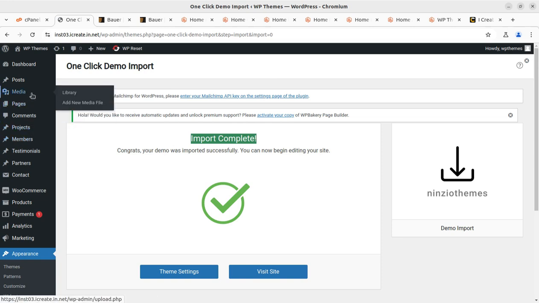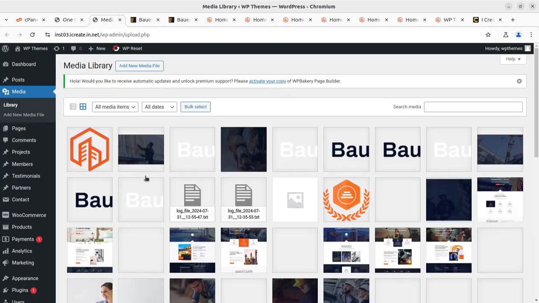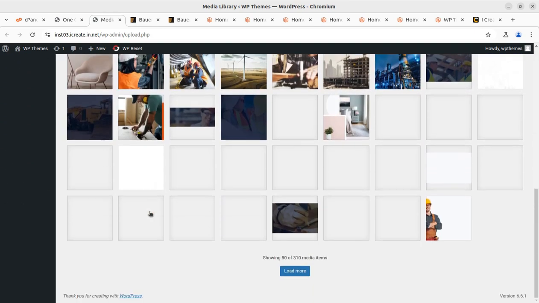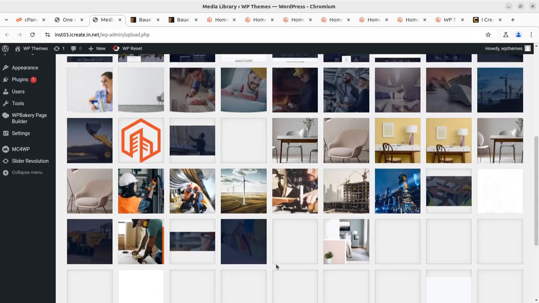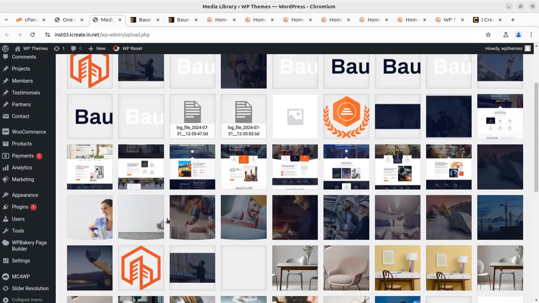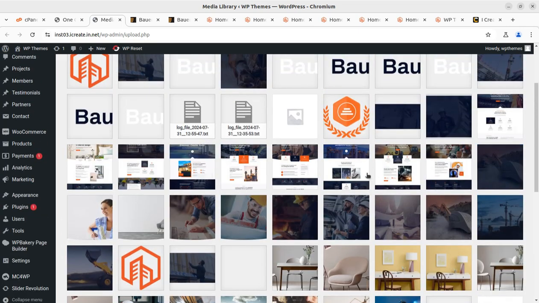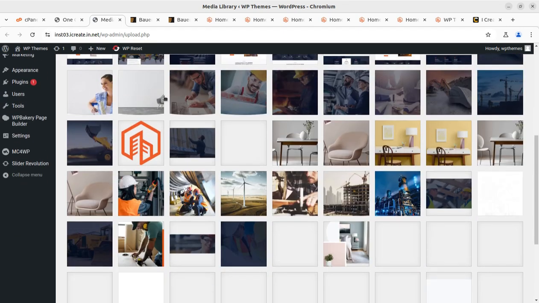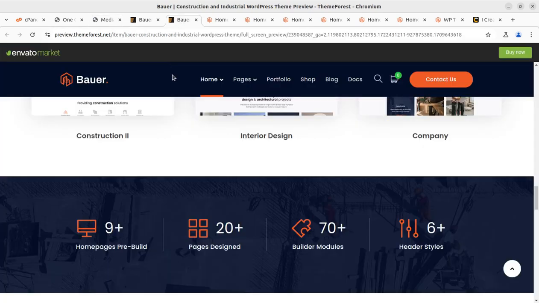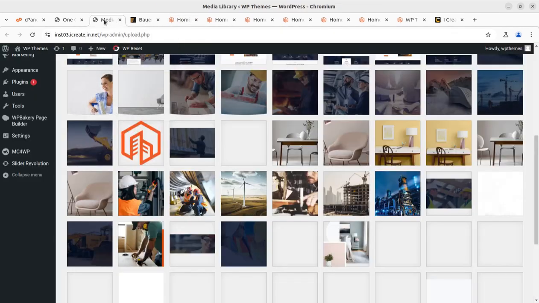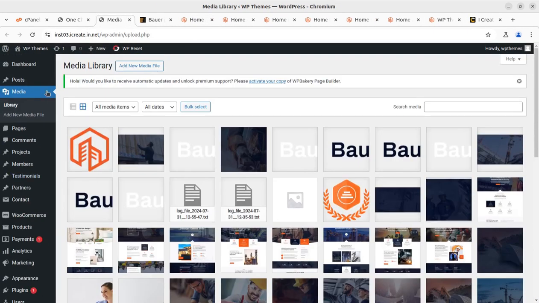First of all, I'll show you the media library. It took around 5 minutes to import the complete demo content, and I'll show you the steps as well. 310 media items were included in the demo, so we can use these abstract images for our website, and we can start customizing our website. As I showed, it offers 9-10 pre-made websites. You can choose any of these websites, and if we talk about the features available inside the installed theme,